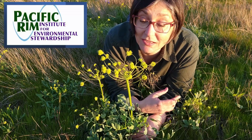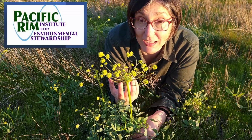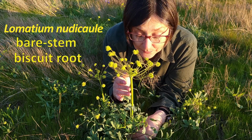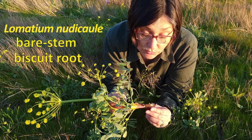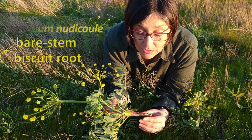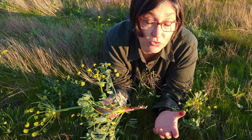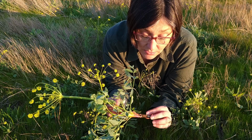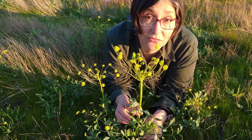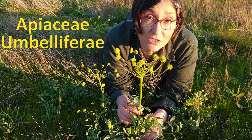Late April, here at the Pacific Rim Institute, together with Lomatium nudicaule, or naked stem biscuit-root. The root is apparently edible, and I'm not sure if it's really like a biscuit, but since it's related to the carrots, which you use in a cake, then why not? The best news is that it is edible and not deadly like other plants in this family of Apiaceae or